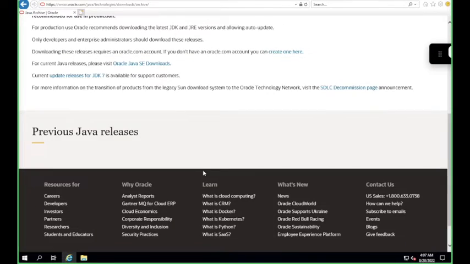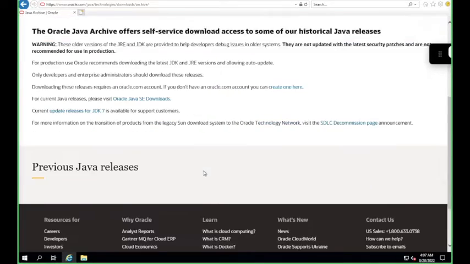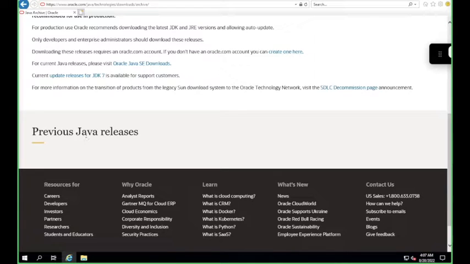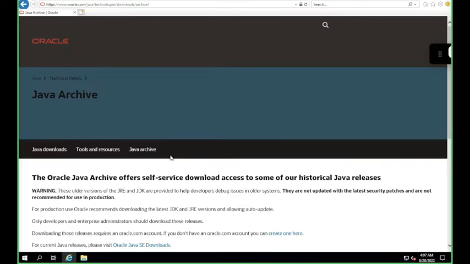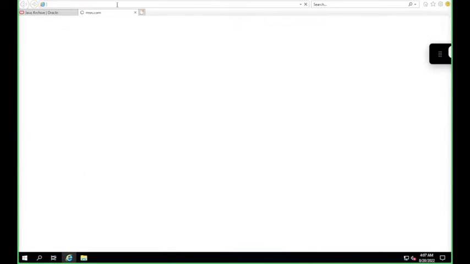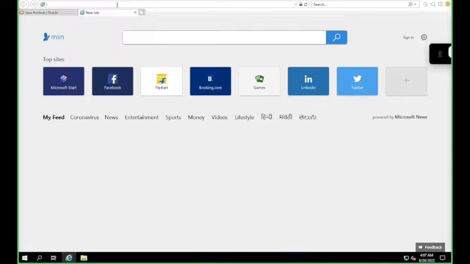Previous Java releases, it is not displaying here. This is the problem you'll face if you are using an older version of Internet Explorer. You have not upgraded. I don't have time to upgrade this Windows. What I can do is simply use Google